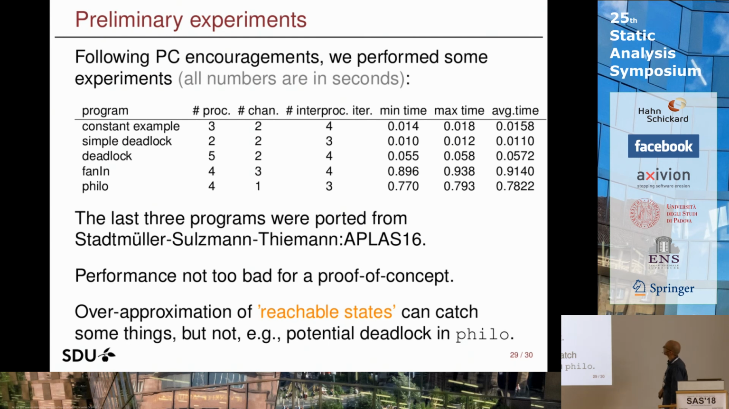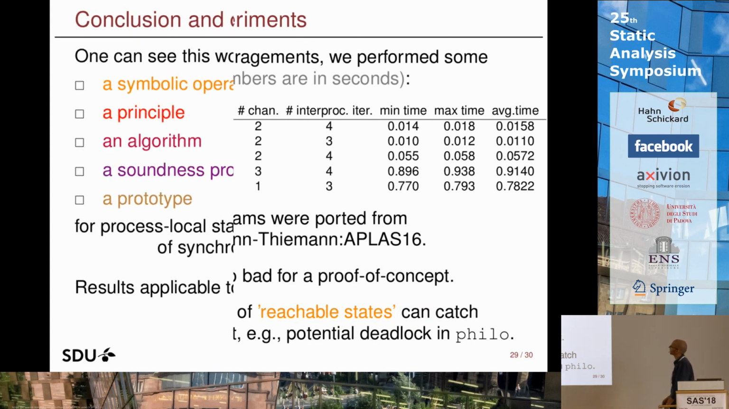It stabilizes after, well, for these examples, at most 4 inter-process iterations in under a second, which I don't think is too bad for this proof of concept. Of course, this whole setup is not geared towards analyzing for deadlocks. So because, say, the dining philosophers example could potentially also succeed, right? We don't catch that because of the